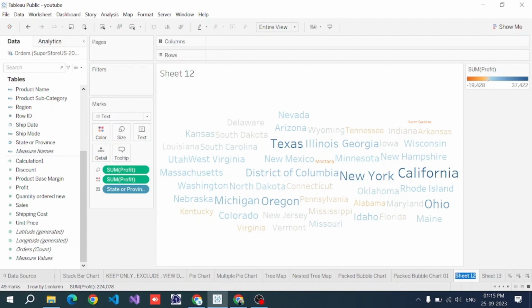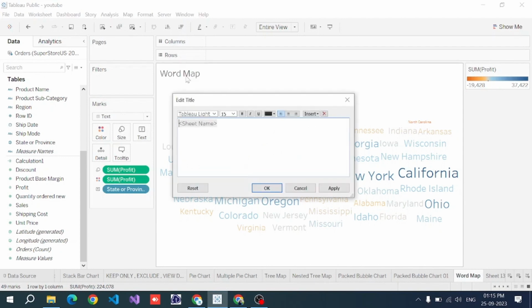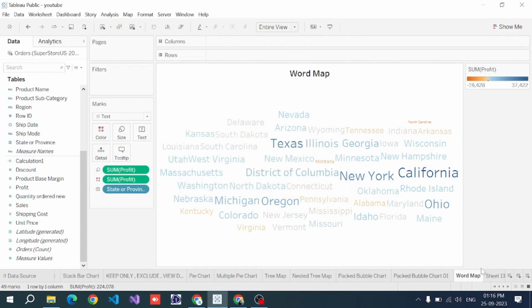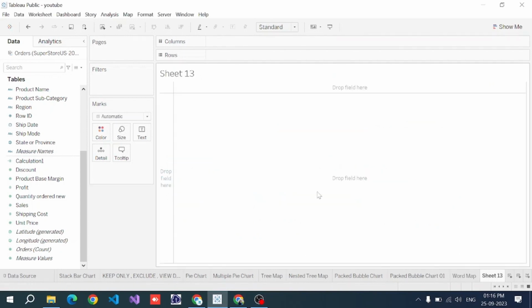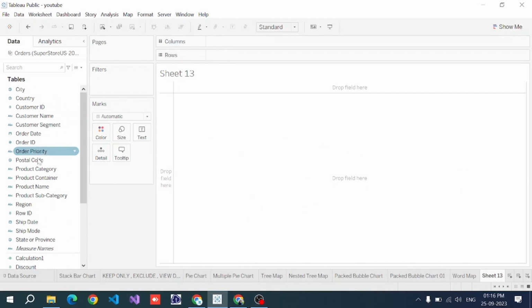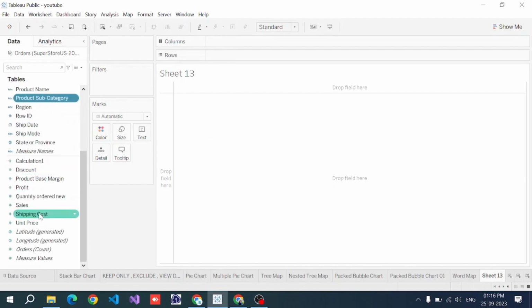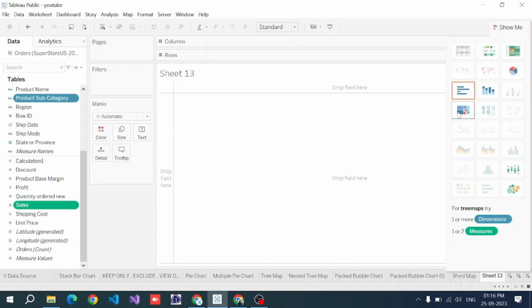I'll rename the sheet as Word Map. Click it in bold, black is okay, middle, apply, okay. I'll create one more word map. Just select Product Subcategory and Sales. Okay, click on the Show Me option, click on tree map,